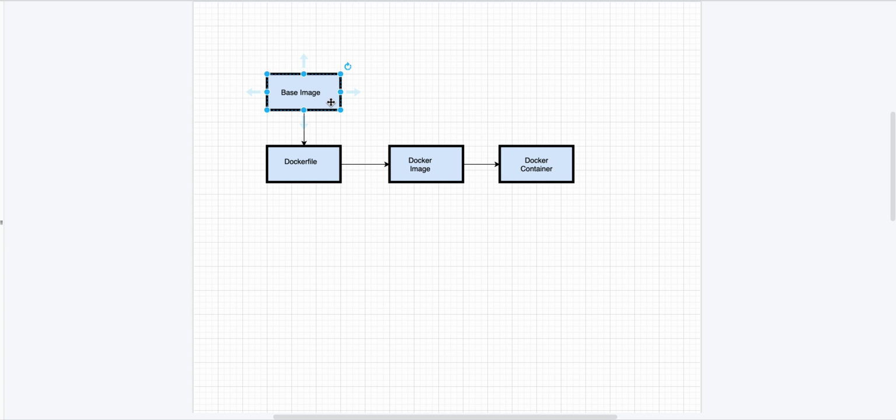The base image is the one over which you are going to create your own image. Mostly images like CentOS and Ubuntu are used as base images, and over them you can install your own application. Now once you run the Dockerfile, it will result in a Docker image creation.